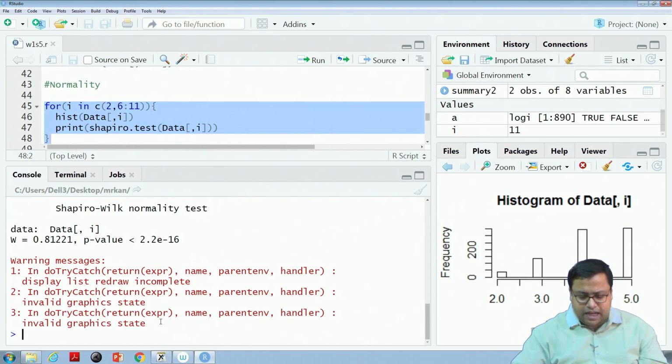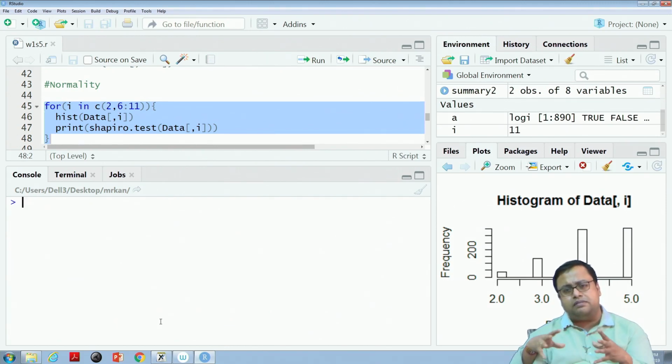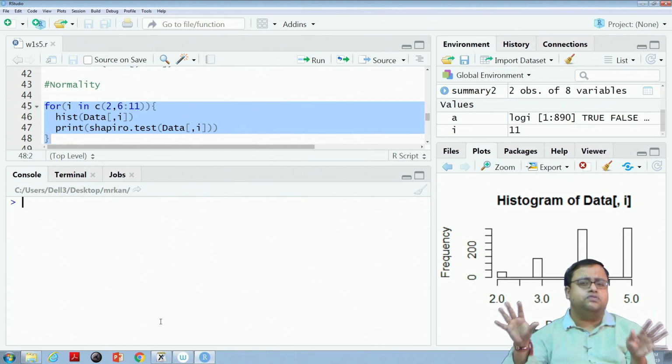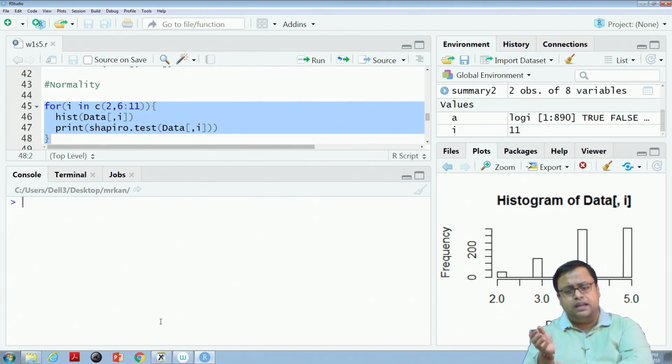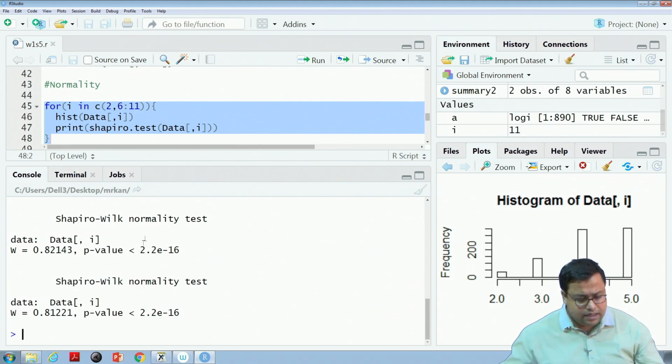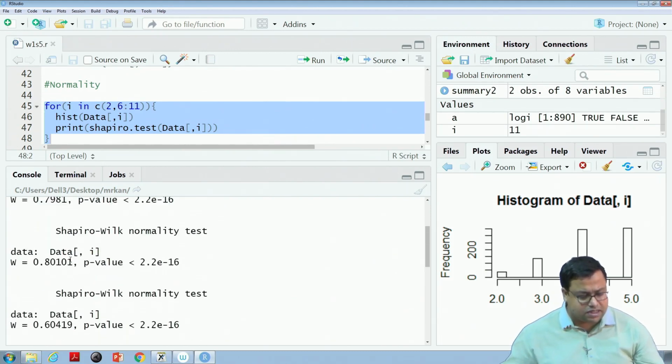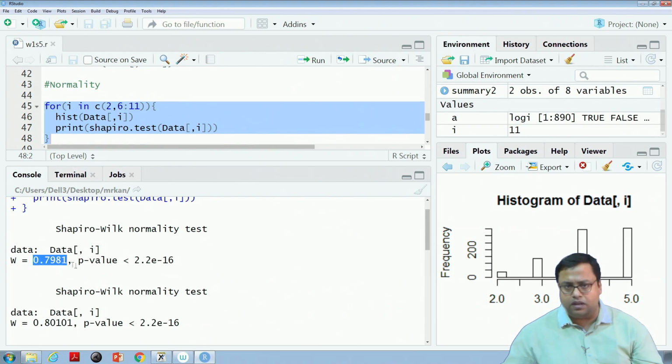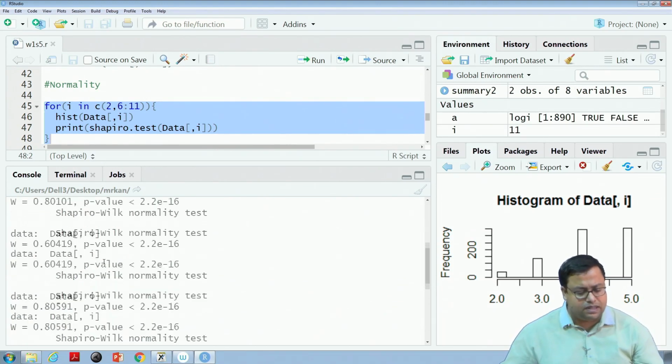Now, oftentimes we actually ignore normality because our major goal is not to focus on the rightness of econometric techniques. Sometimes our goal is to get a vague overall idea of which one is more important and which one is less important. In many marketing research papers, people have ignored the normality part, but the right practice is to consider it. If you check, you will see that all the W values are lower than 1. So, none of them is normal.